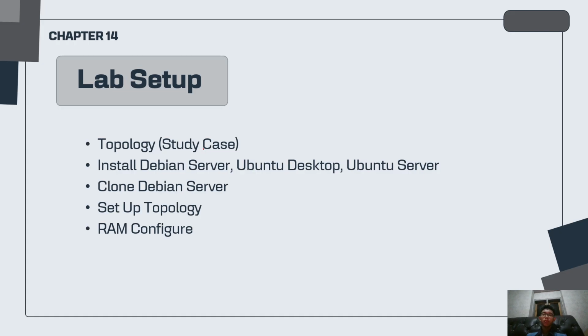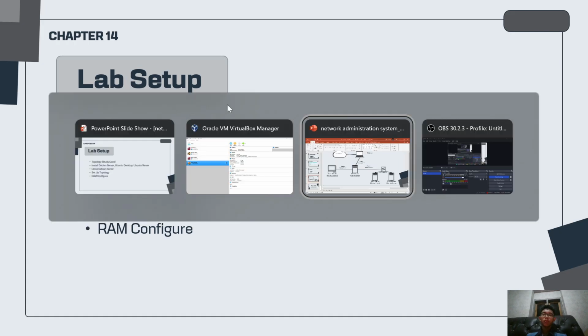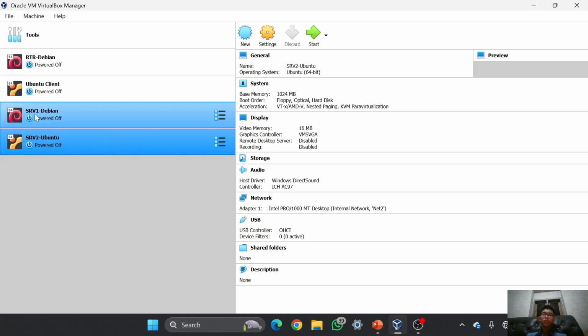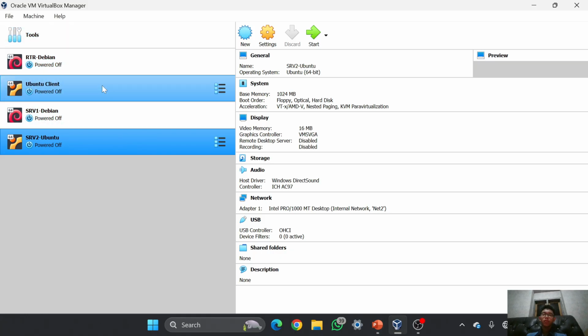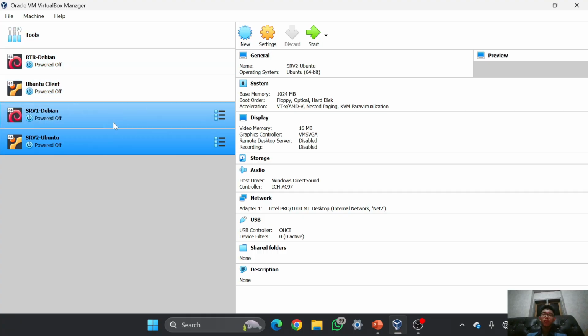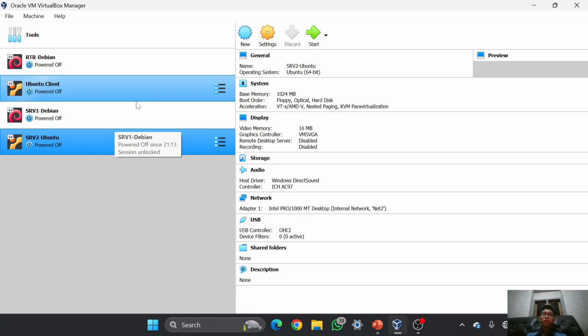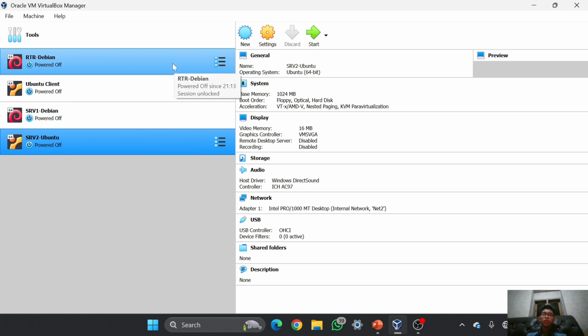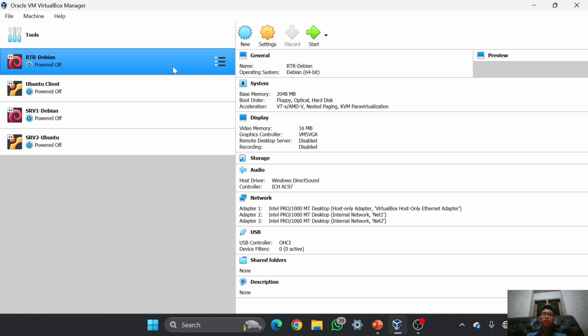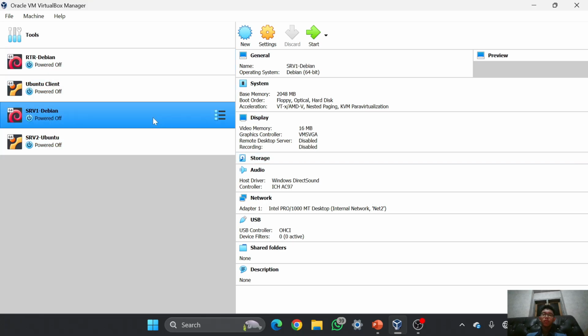So in here, you already remember that when I set up all these VMs, each has 2 GB RAM installed. So when I run all these VMs, it will take 8 GB because I set it to 2 GB here for the RAM.